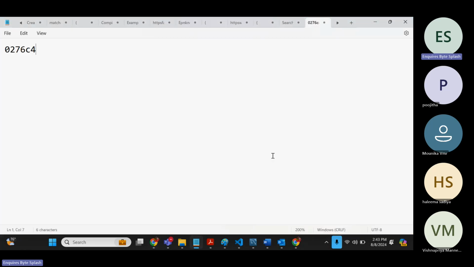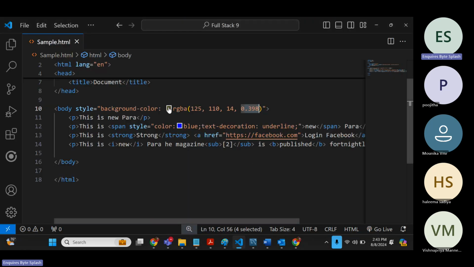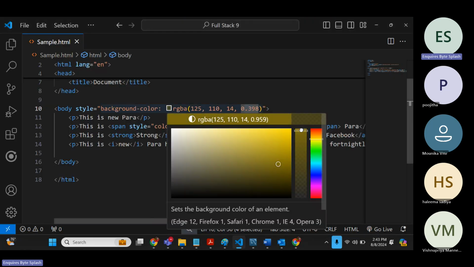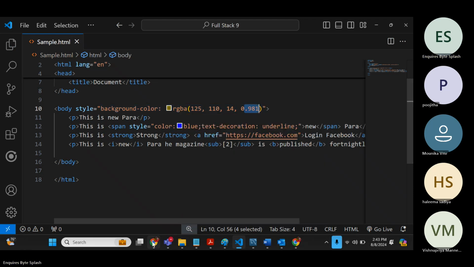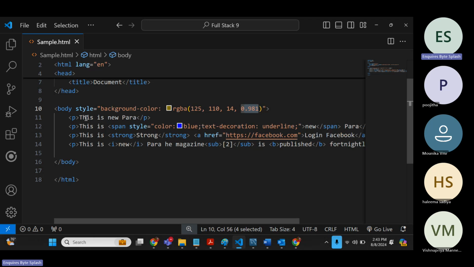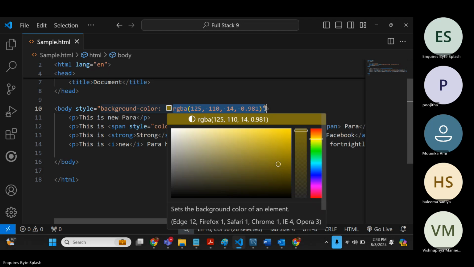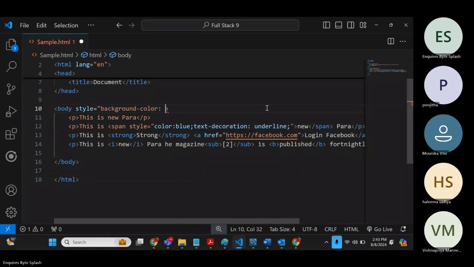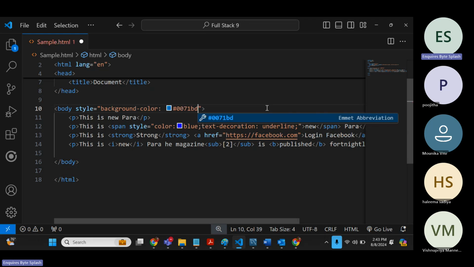this color came. So now I don't want this color. I want to increase this opacity again. I can go till this point. See, its opacity was increased. That is RGBA. We can apply colors like this using hexacode. Again, that hexacode also you can change. See, this is hash 0071BD. So